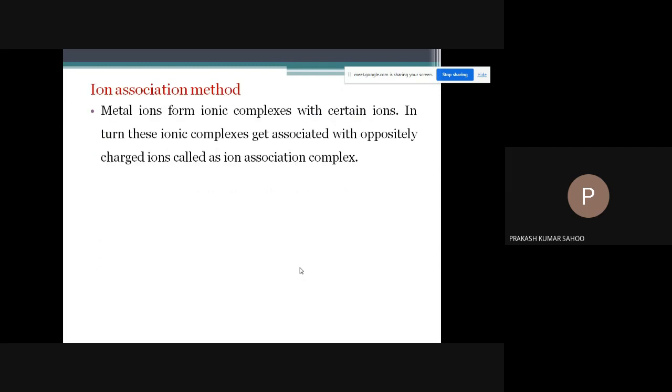Then it is your ion association method, the second method. So metal ions form ion complexes with certain ions. In turn, these ion complexes get associated with